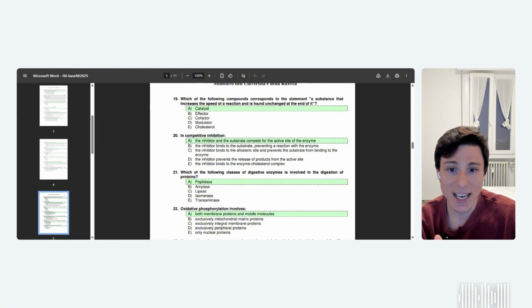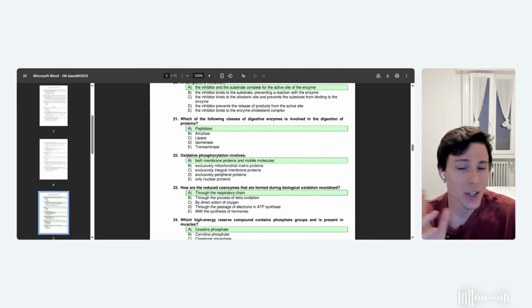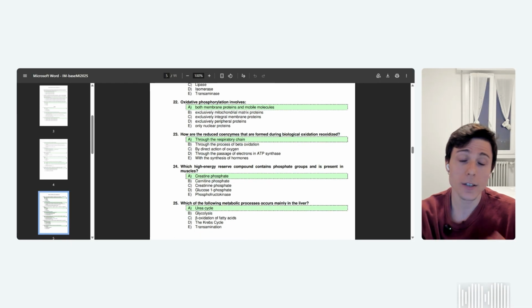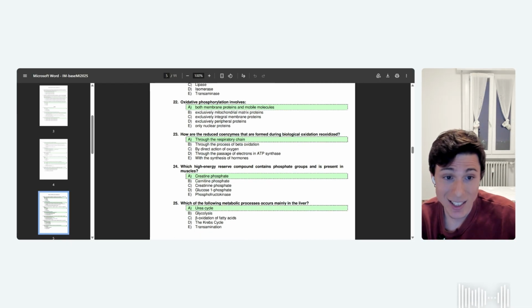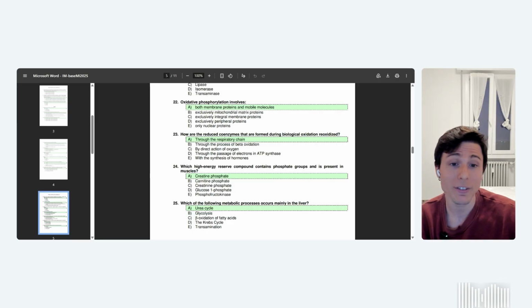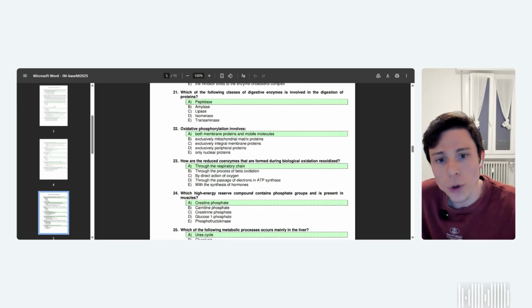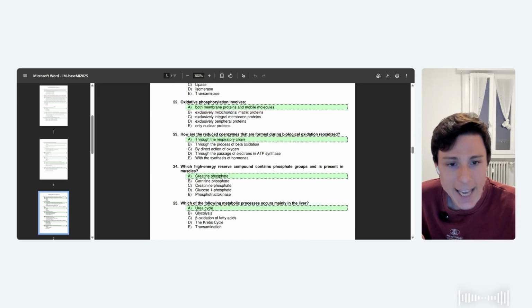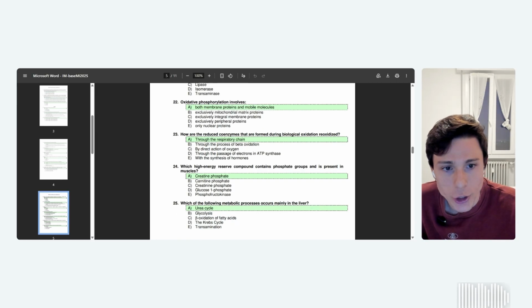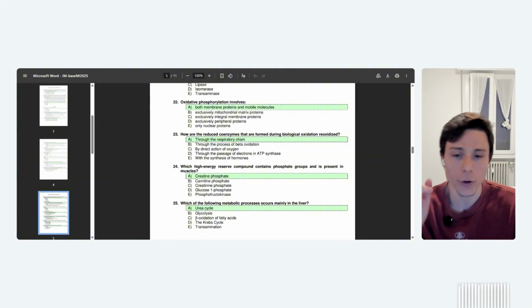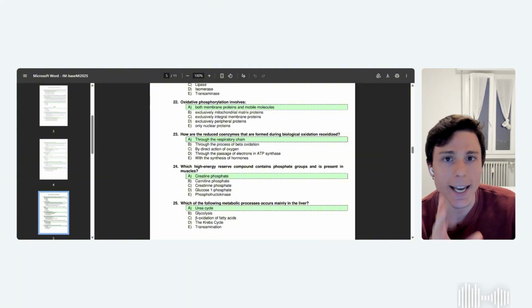They're talking about enzymes here, catalysis. Question 20, also talking about enzymes. Don't worry, we're going to talk all about it. Oxidative phosphorylation once again. So you can see that they are really heavily talking about bioenergetics. This is why this is my first playlist that I decided to record. This is what I'm focusing on the most because it's by far the most questioned topic here in the IMED 2025. And if you go back to 2024, it's just like that.